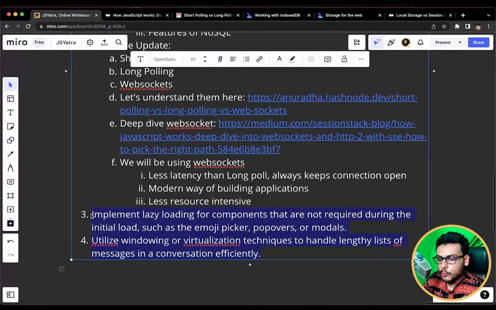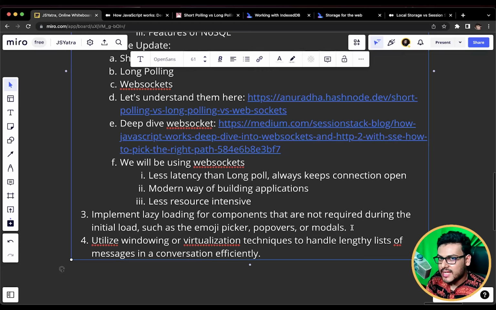Coming to the last two points of the optimizations, we have already discussed these so many times, and they come up in every system design question. I think you are already familiar with them if you have watched the previous three videos where I have discussed lazy loading and virtualization in depth. I will just read it out for you. Implement lazy loading for the components that are not required during the initial load, such as emojis, popovers, or modals.